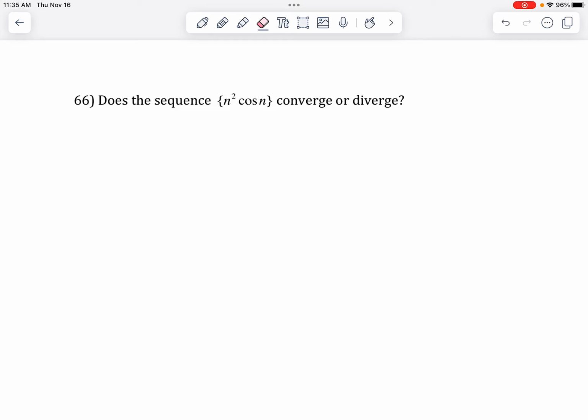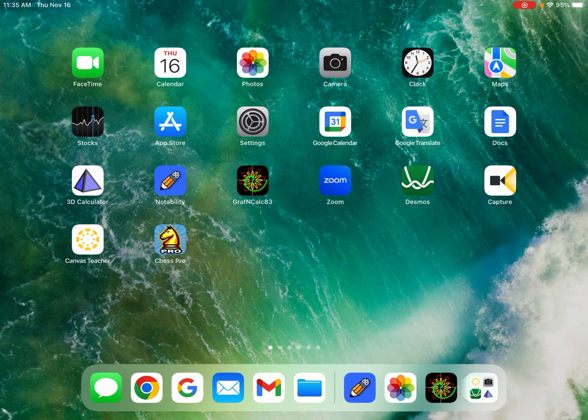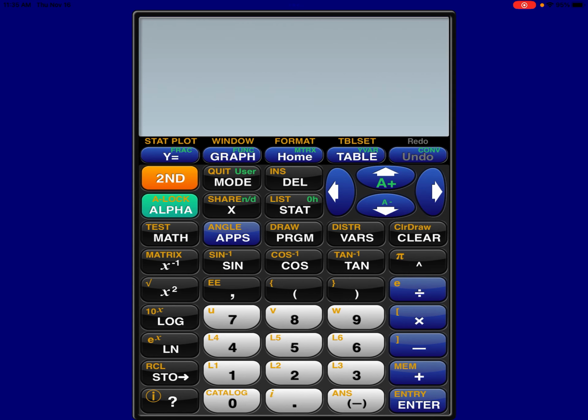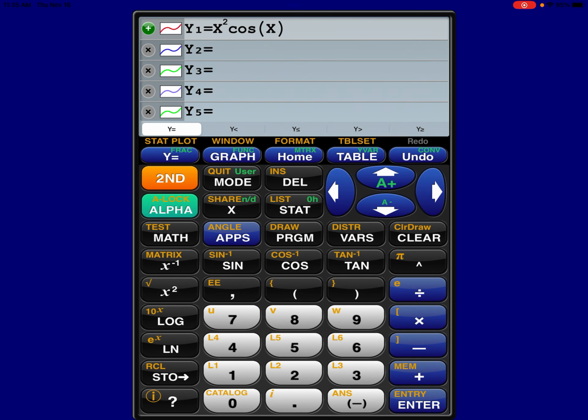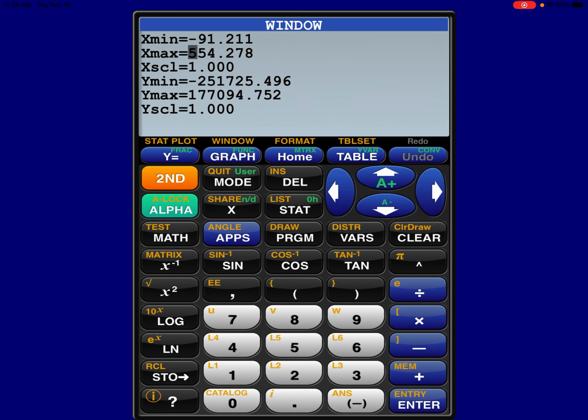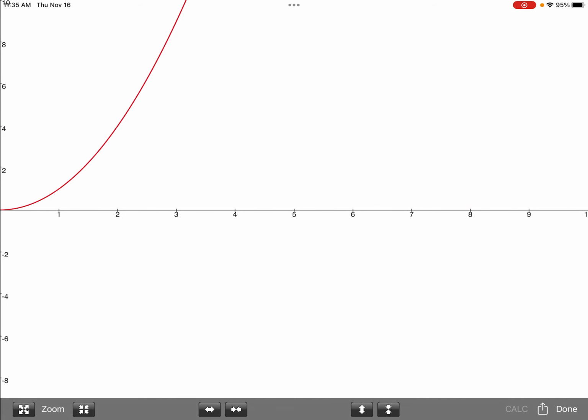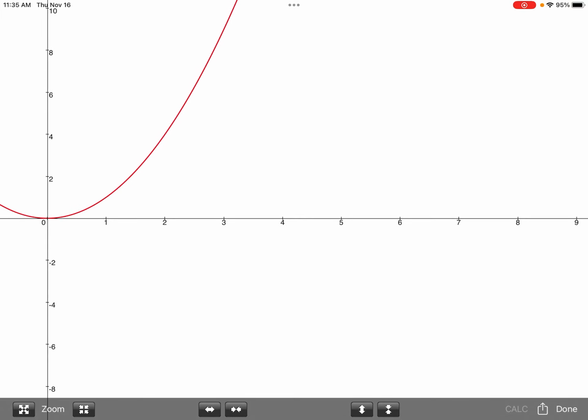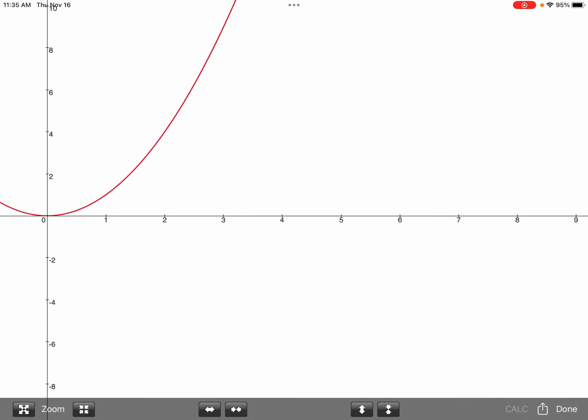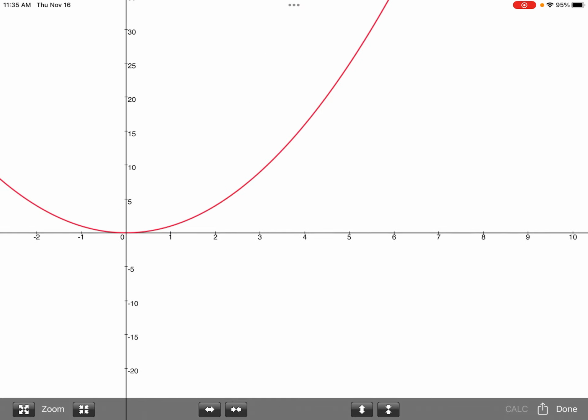And so with this one, let's take a look at some numbers on the calculator. There it is. I was doing my homework right before you got here. So there's x squared cosine of x. And then if you start with, let's say, 0 to 10, and then have y go from negative 10 to 10, the function already takes off and it's off the screen. And then if you change the window,